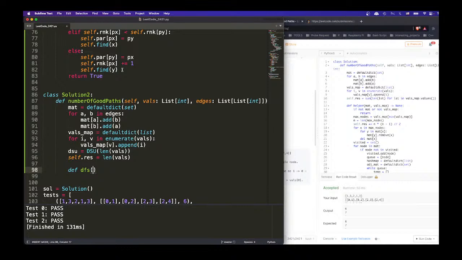So for each node, we have a node, right? So for each node, go through its neighbors to see if there are anything smaller than me, right? If there is, then we do a bunch of things trying to figure out. And the goal is to